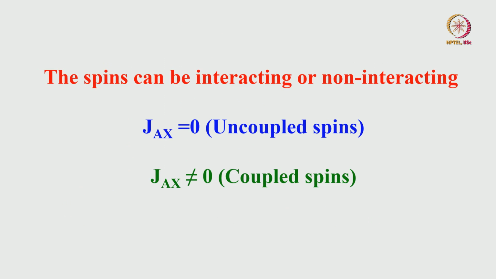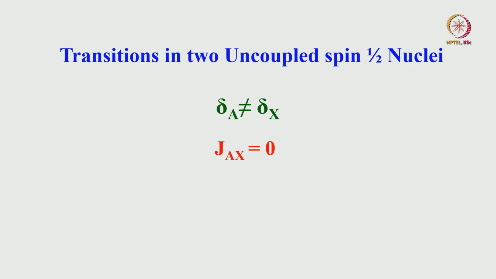The spins can be both interacting and non-interacting, that is what I said. Interacting means coupling is non-zero; when there is no interaction, coupling is 0. Still they can be coupled spins, but the coupling can be 0, and if it is non-zero it is different. Of course, we call them uncoupled spins when the coupling is 0. Transitions in uncoupled spins, if I consider, let us understand how we get the transitions into coupled spin of